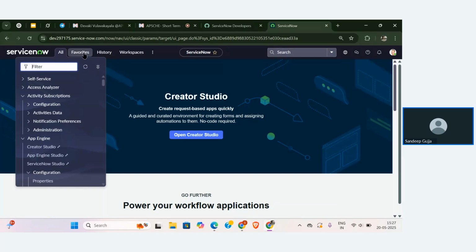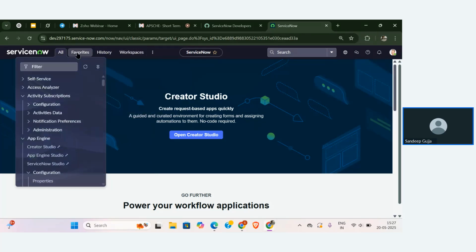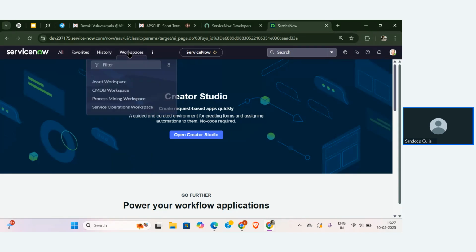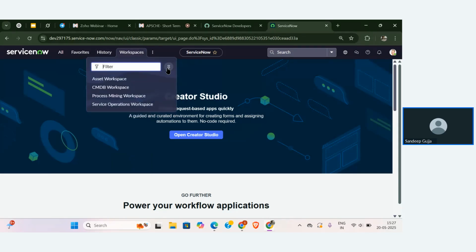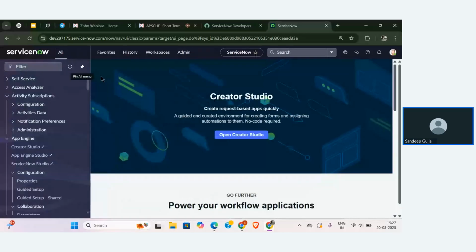Say we are opening any of the navigation. If I click on All, Favorites or History, on any of the navigation, it is showing one option beside the filter navigation. That is pin, which we call pinning. Suppose I want to use this particular All menu, and it should definitely be on the left side of my screen. I can pick anything from that and directly work on it. In that case, I can directly pin the All menu, and it will be added to my screen itself.